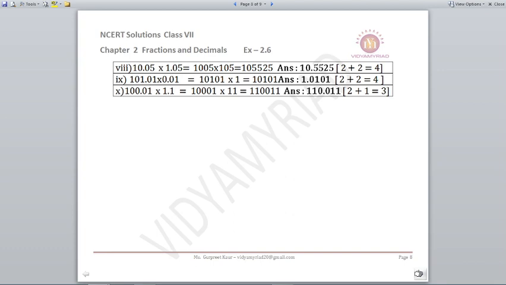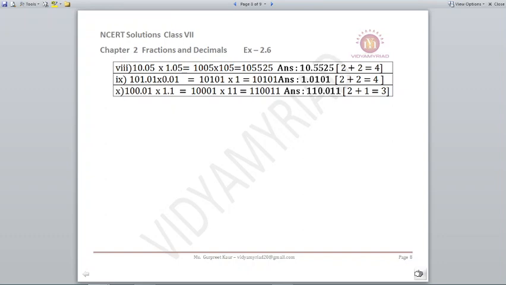Next, 10.05 multiplied by 1.05. How many decimal places? 2 plus 2, 4. Keep it to one side. Multiply 1005 with 105. You will get 105525. How many decimal places did we have? 4. So start counting from 5. 5, 2, 5, 5. 4 places over. Put a decimal and then write the remaining number. So your answer is 10.5525. Next,